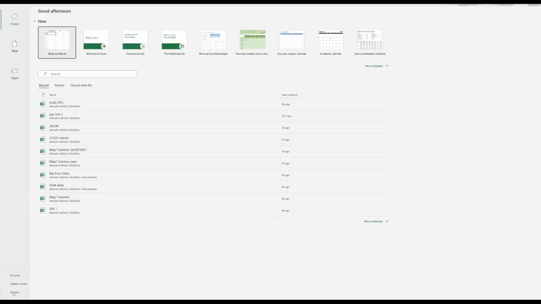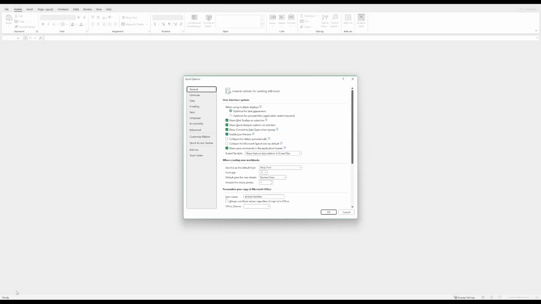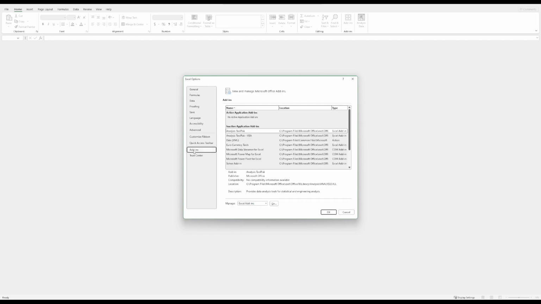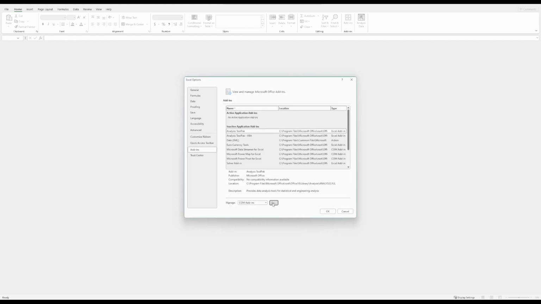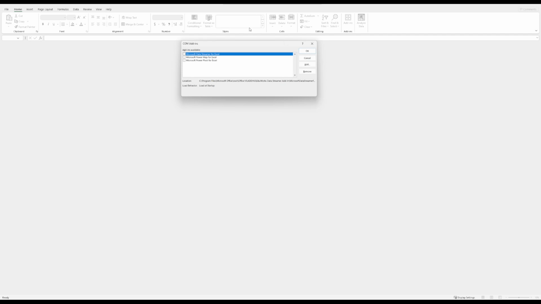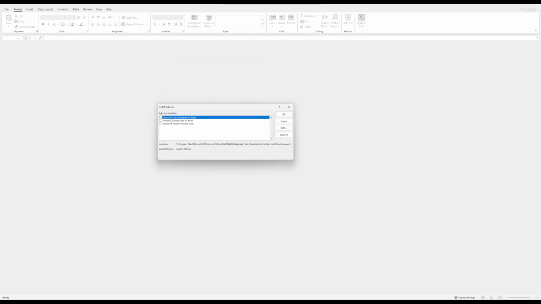Once you're here, go to the bottom left where you have options and then go to add-ons. Once you're on add-ons, you're going to go to the bottom where it says manage. Click on the drop down and select COM add-ins, and then select go. And then you'll get this pop-up and you want to make sure that you see Microsoft Data Streamer for Excel, and that's highlighted. Once you got that there, you want to click add,